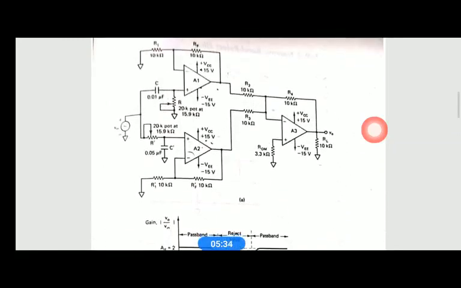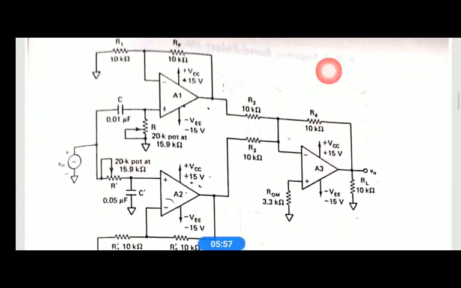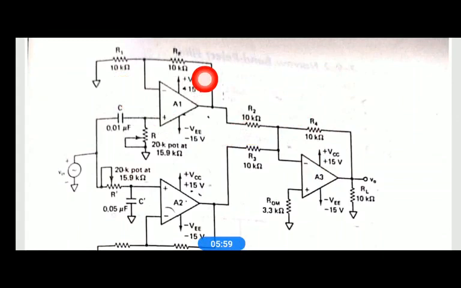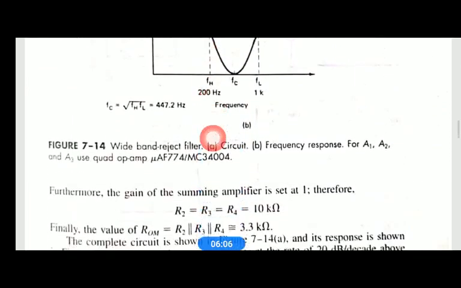So you can see the final circuit here. We use 10k here, right? And this ROM for the inverting design is always R2 parallel R3 parallel R4. We learned this in the summing amplifier, right? Always this resistor is the parallel combination of these. So you use that, and here 10k and a 0.01 microfarad capacitor for the high pass filter, and a 0.01 microfarad capacitor for the low pass filter, right?